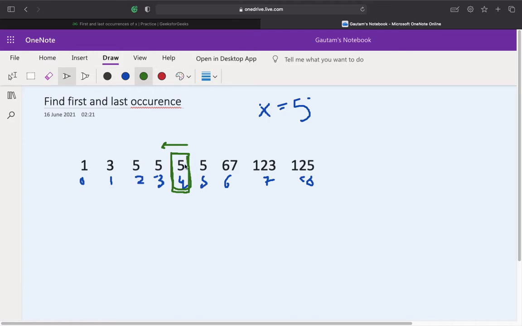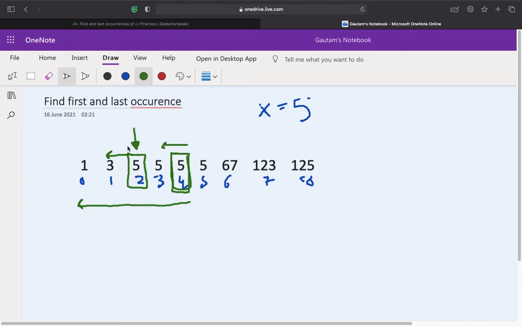So now we'll need to go to the left hand side. Why do we need to go to the left hand side? Because we need to find the first occurrence, right? Now we need to check for the middle element again, just a normal binary search. So the middle element will be 2 here, right? And now we'll again check whether the immediate left of this middle element is equal to the middle element or not, right? In this case it is not equal to the middle element. That possibly means this is the first occurrence of this target element, right?